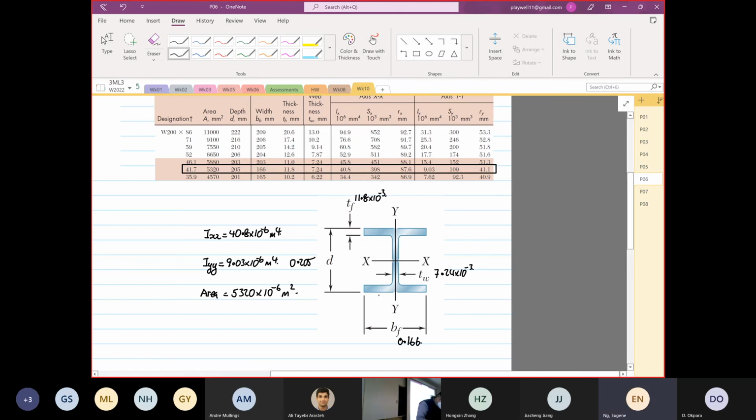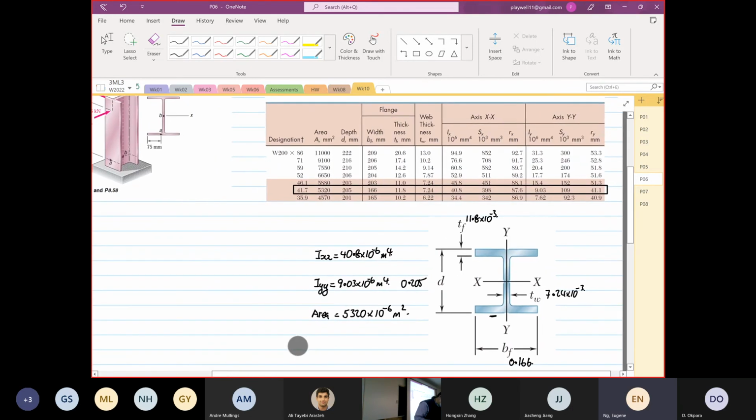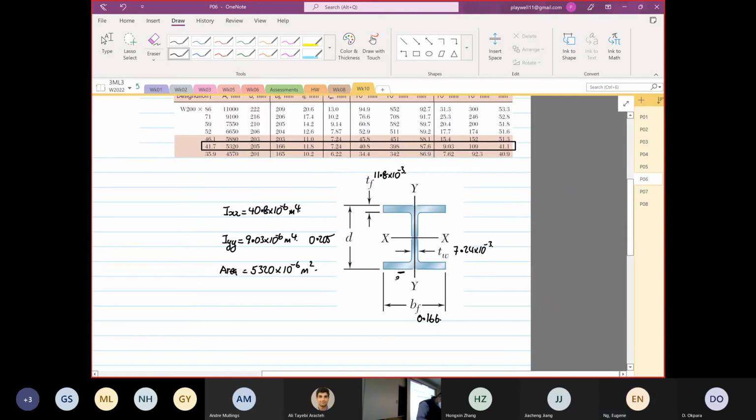So we know that this is our element A. Over here is element B, and the distance from here to here is 75 millimeters. Okay, so that